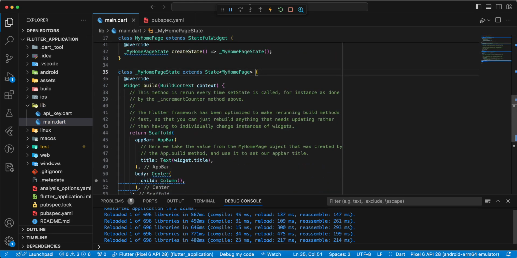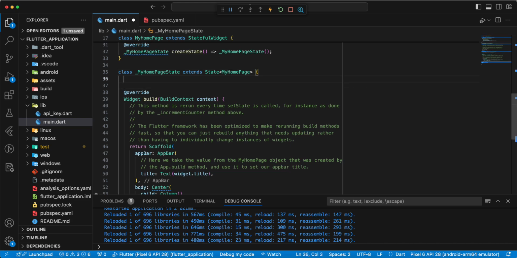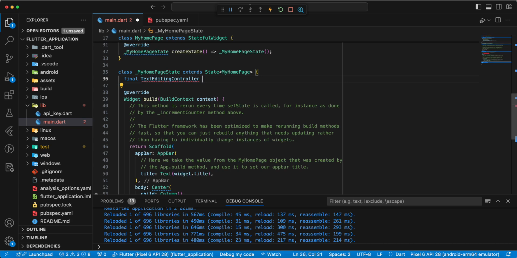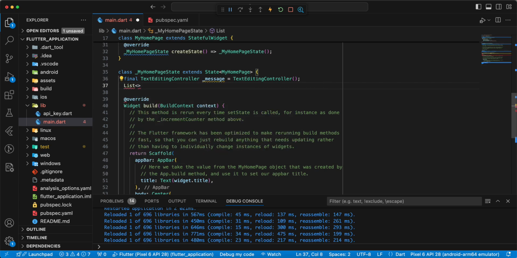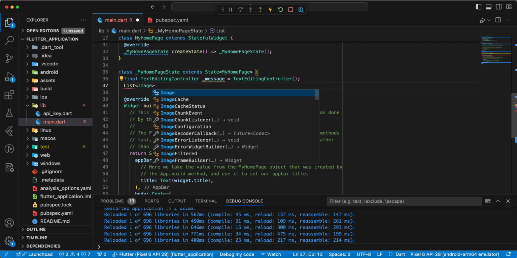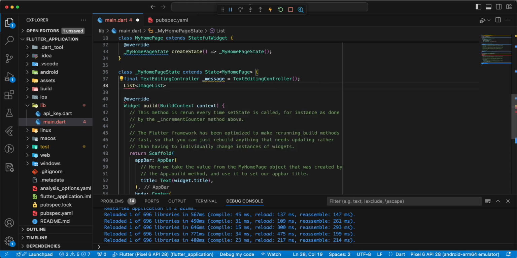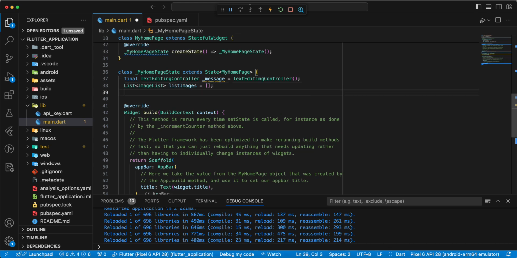and we add variables. Write final TextEditingController message, then we write List image list, write List images, then we write String response text,